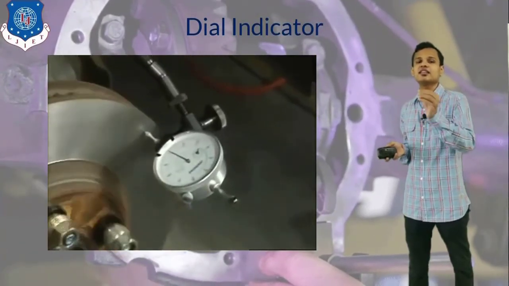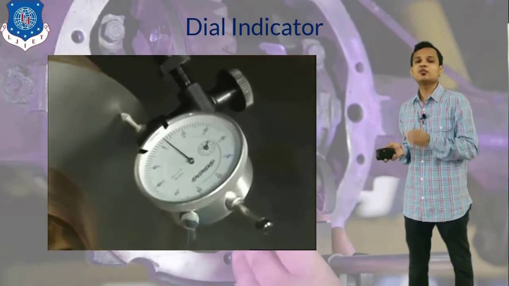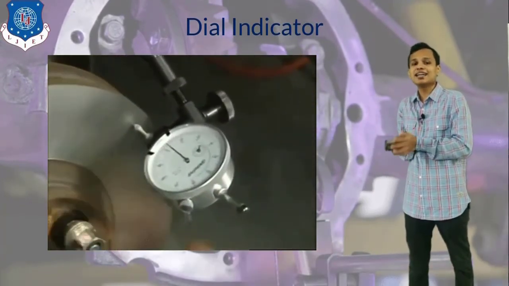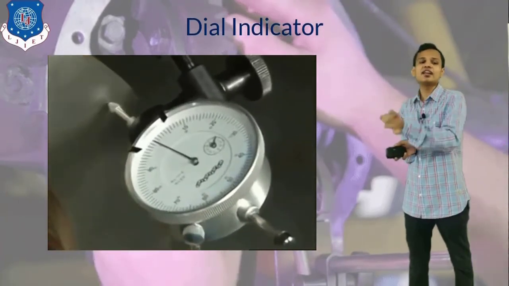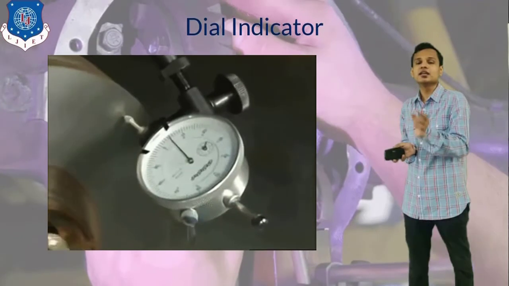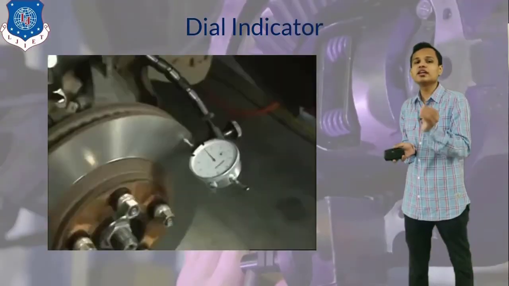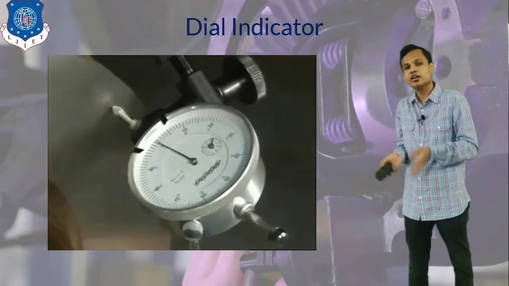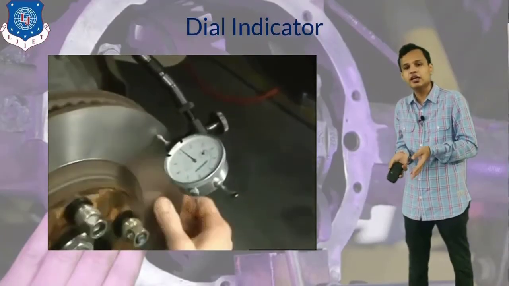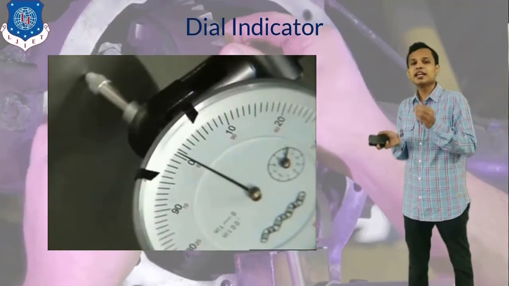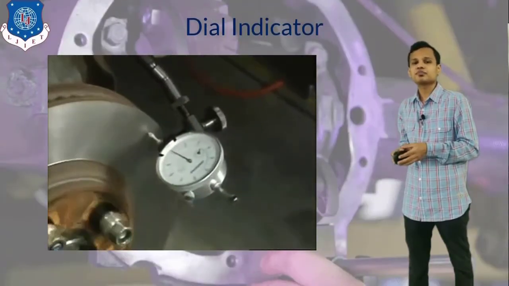Right, we can see here the brake disc has been measured for the wear on it, or the runout, by attaching the dial indicator, and we can see the pointer has been moving with the rotation of the dial gauge. But certain movement is allowed in the dial indicator because we know that wear will happen in almost all the components of the vehicle. So we are giving a certain tolerance to that, and that tolerance is allowed.